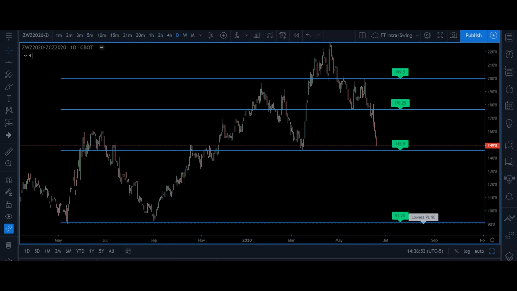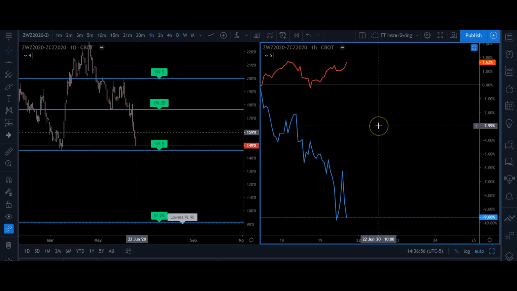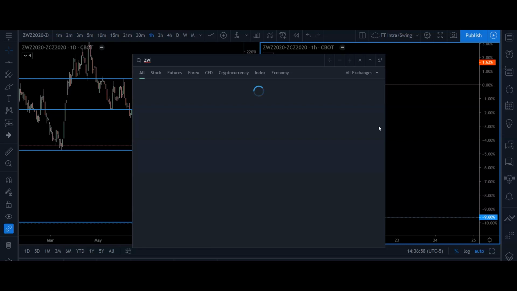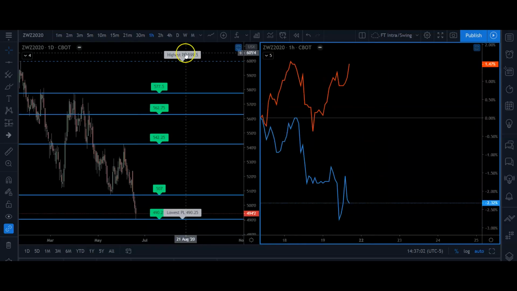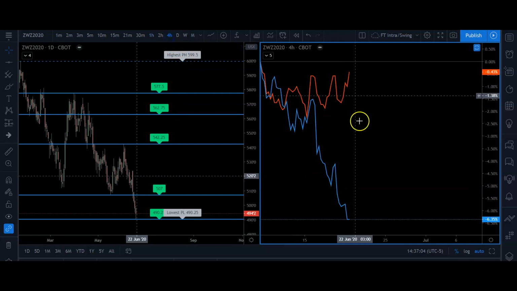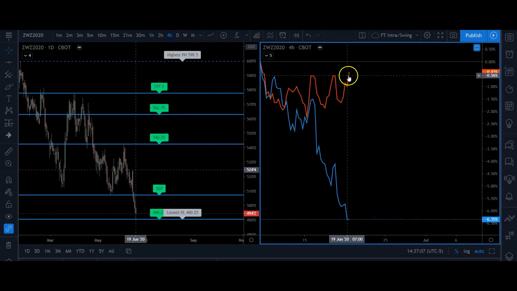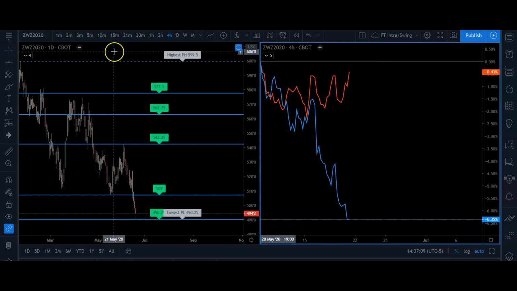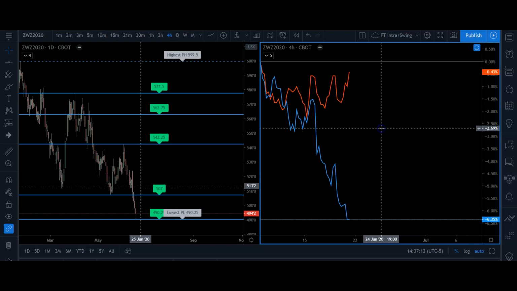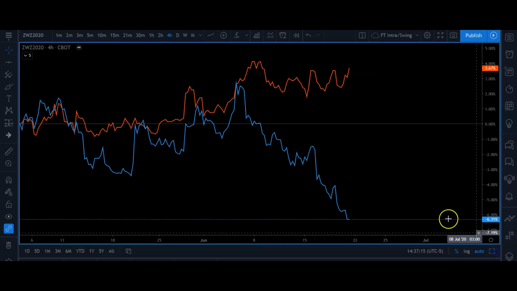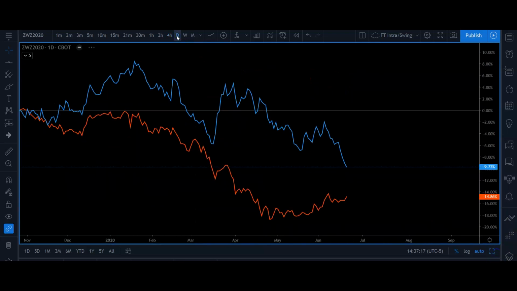And also look at this too, guys. If I go back to here, and let me just do this, ZW ZC 2020, and let's look at the comparison chart on the shorter time frames up to 4 hour. We still are very cheap on wheat compared to corn, right? But corn, if you look at it itself, is at a bottom. You can't overanalyze because it'll trick you out of a trade, and I've been guilty of doing it myself. But let me increase this and put this on a daily. Boom, now it's the other way around. Isn't that kind of odd?